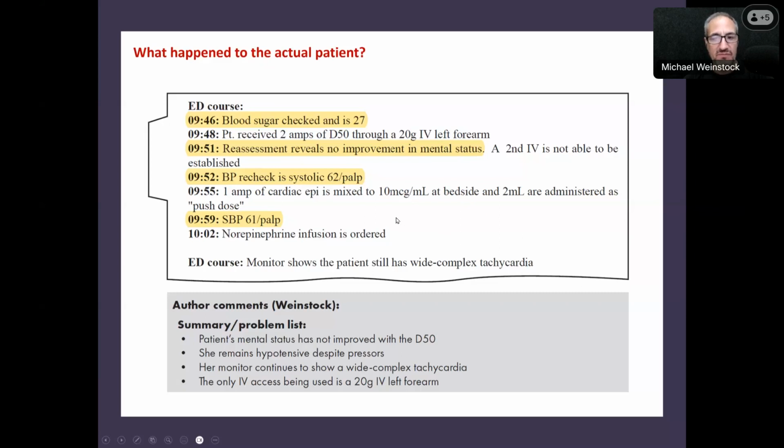Now, we don't have to talk about mixing up stuff at the bedside. I'm personally not a big fan, but anyway, that's what was done at this time. There wasn't a complication from it, but that's probably a subject for a different time. Systolic blood pressure is about the same, and as Mike Winters had sort of thought, norepi infusion is ordered. We don't really have specific orders as far as what kind of fluid bolus has been administered, but hopefully we've given some fluids too.